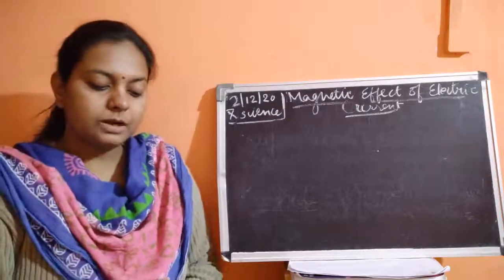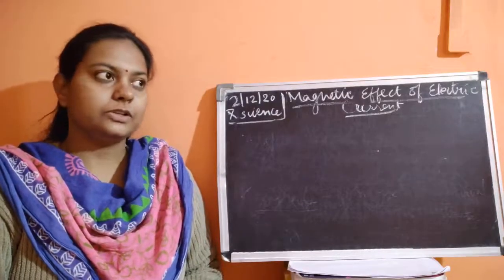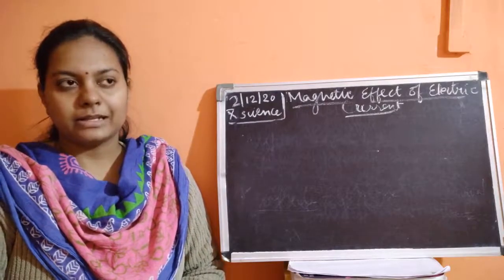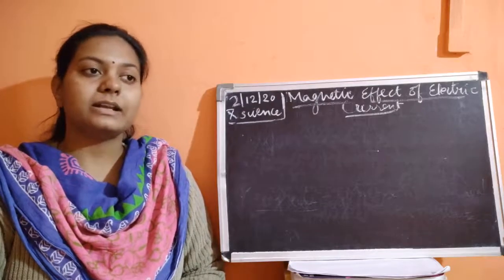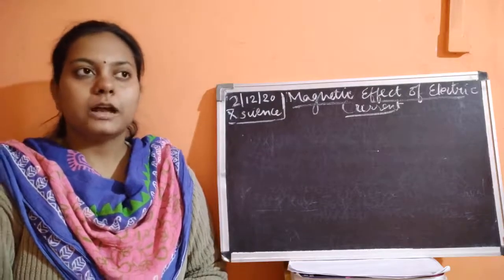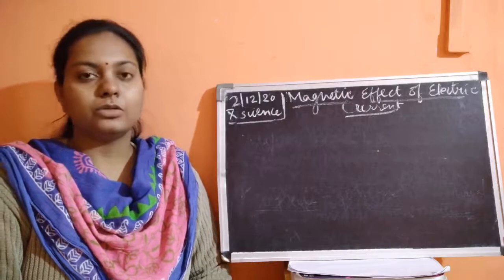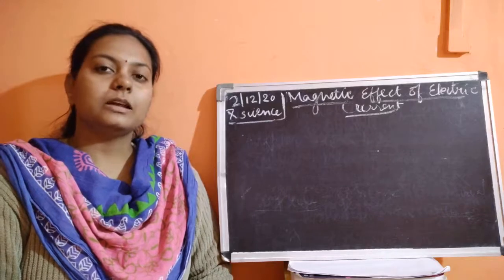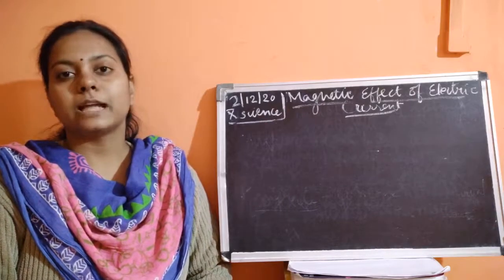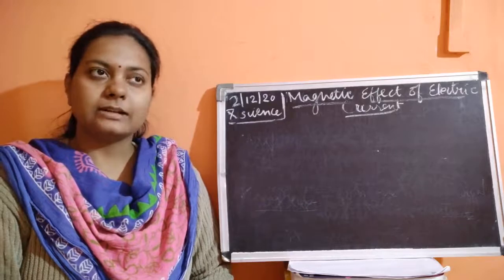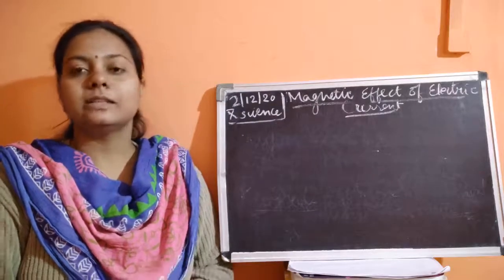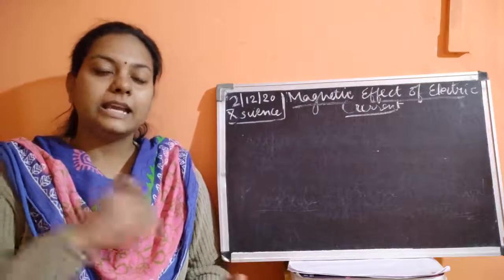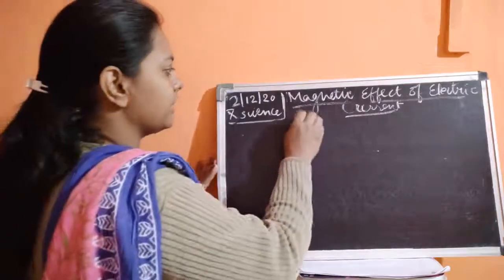Then lastly we discussed the magnetic field of the earth, where we talked about the geographical north and the magnetic north, geographical south and the magnetic south. That was very much different, and this magnetism in the earth is because of the current which flows continuously inside the core of the earth. And where is this current coming from? Current comes in the core because of the different types of minerals present inside the earth, which develop charges, and the flow of continuous charges develops electricity, and it behaves like an electromagnet.